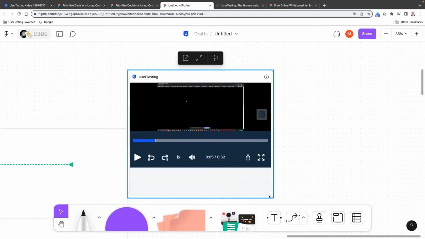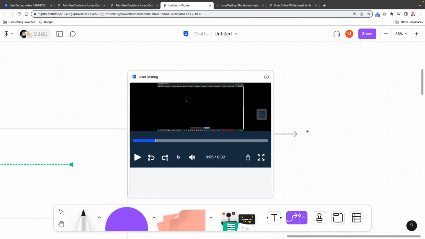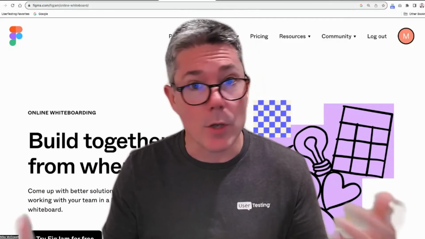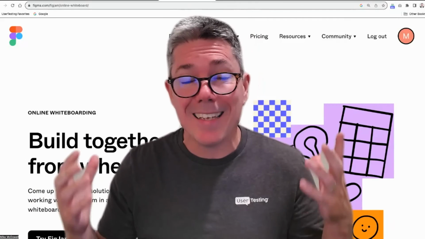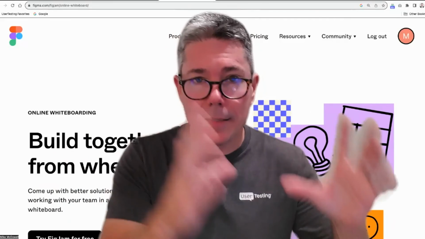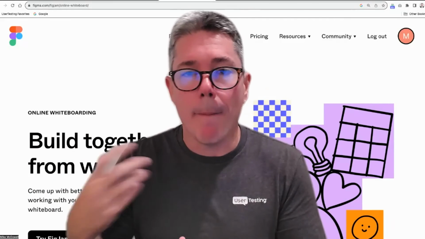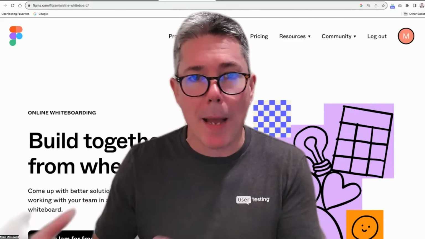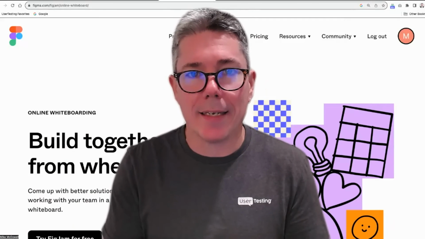Now, if I want to, I can obviously grab this, draw a line to this and make a comment about it, add little notes in, anything I want to do that you can normally do in FigJam, it's right here. Super simple. I love it. If you use Figma or you use FigJam specifically, this is going to be a huge, huge enabler for your team. Literally take the work you're doing and start making it stronger by bringing those customer videos right into FigJam